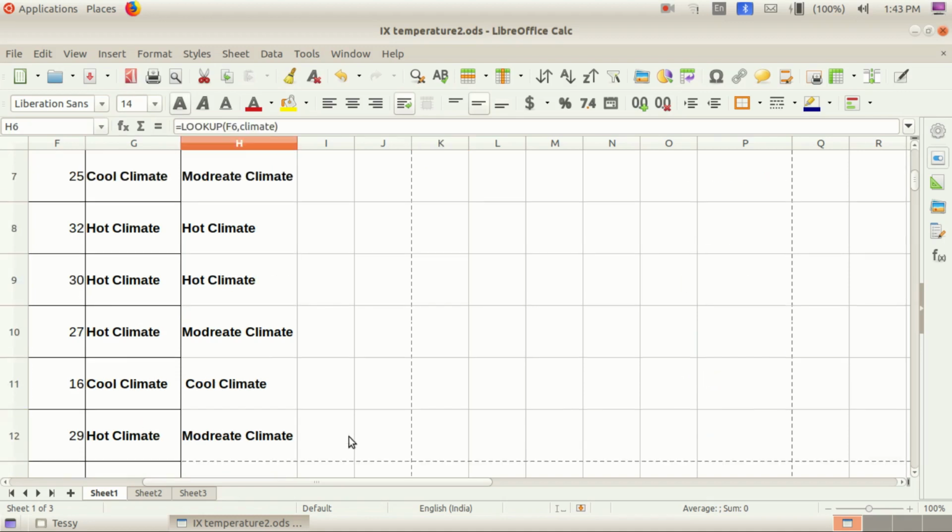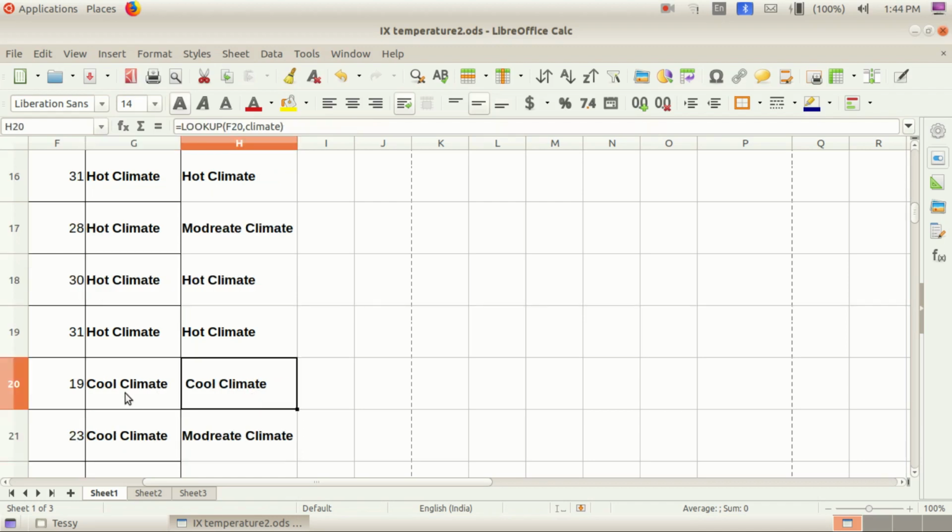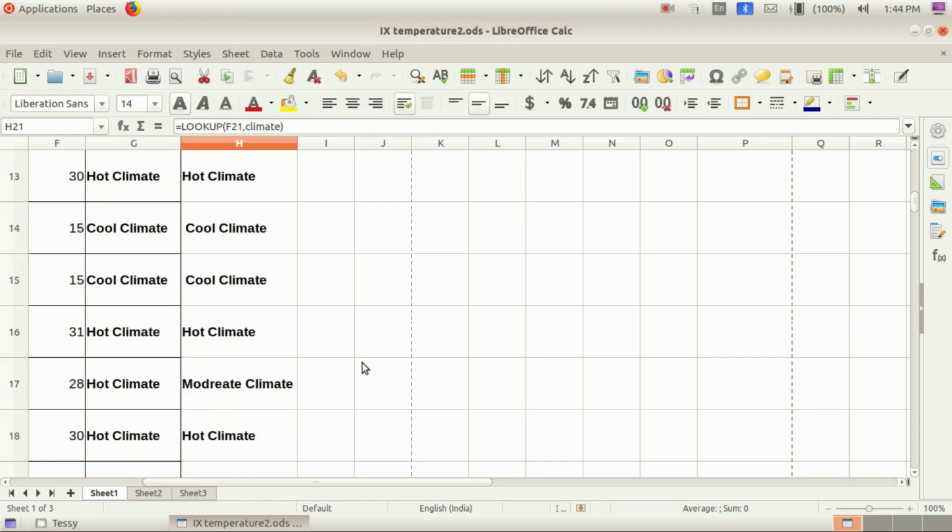Below 20 is cool climate, isn't it? Hot climate is above 30. Look here, children, 28 is moderate climate because it is in between 20 and 30. Isn't it, children? Now it is categorized into 3.